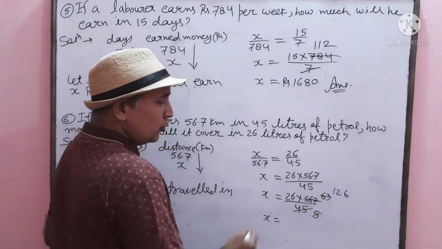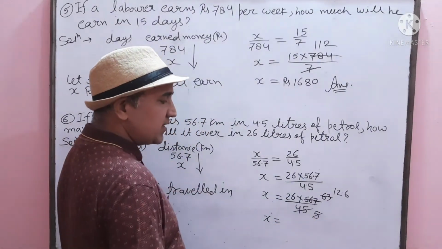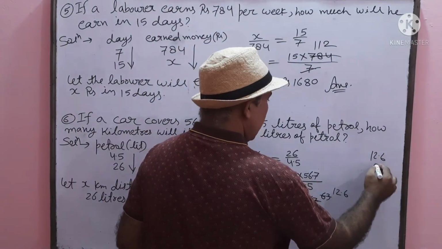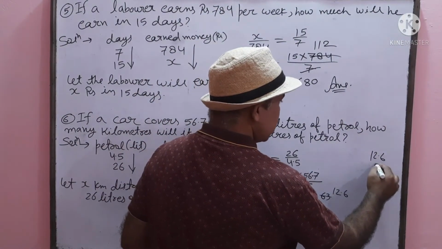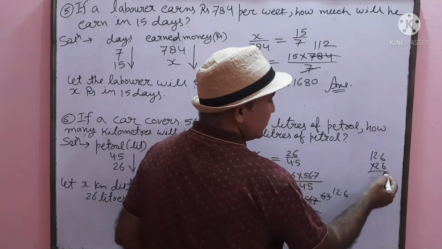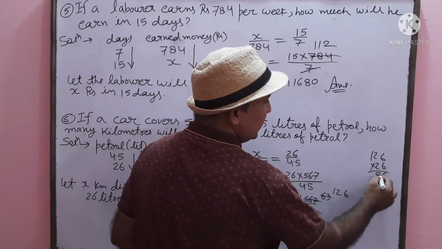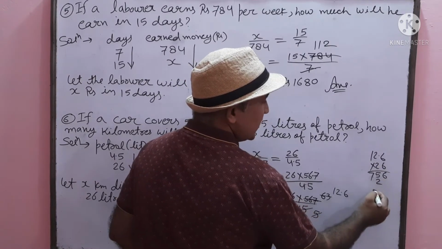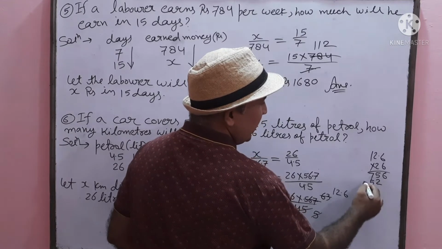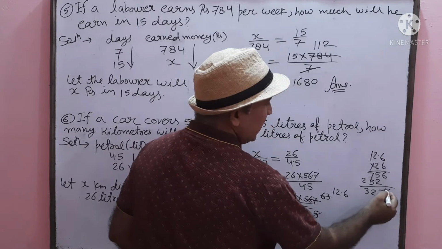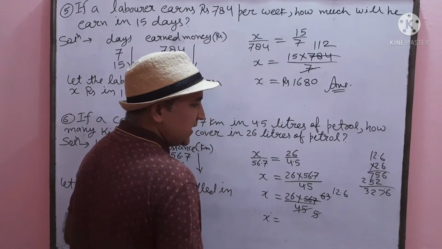X is equal to 26 into 12.6. So just multiply and get your answer. 12.6 is multiplied by 26. 6 6s are 36, 3 carry on. 6 2s are 12, 3 15, 1 carry on. 6 1s are 6, 1 7. 2 6s are 12. 2 2s are 4, 1 5. 2 1s are 2. 6 7 2 3 from the right-hand side after one digit decimal.